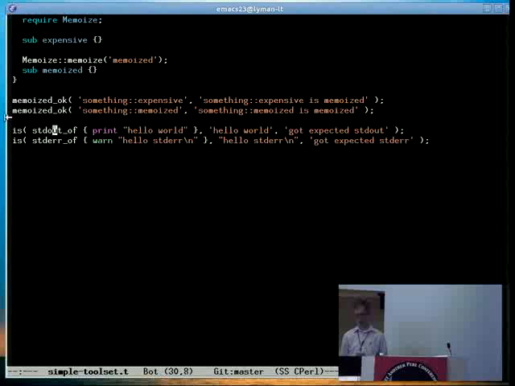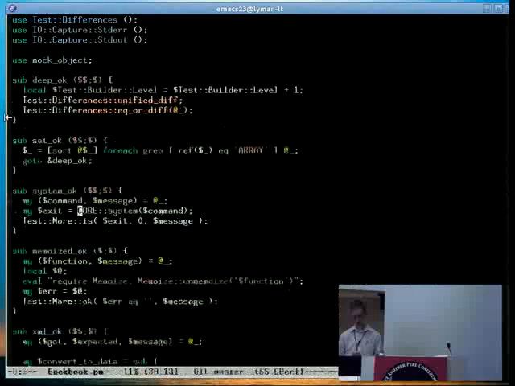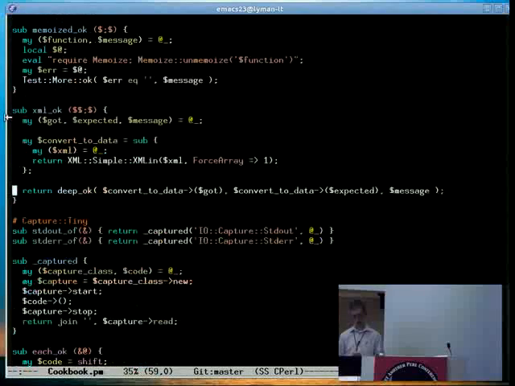You know, proving that you've printed things to standard out or to standard error, those are also common things that you need to deal with. I tend to like standard out as a function, taking a code block. You know, these aren't really ground-shaking things, I think, to say,